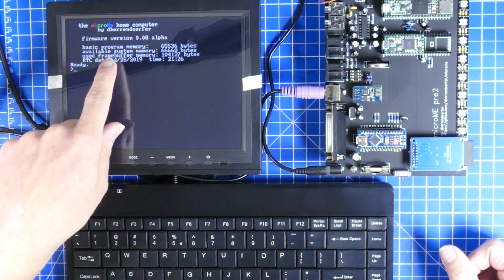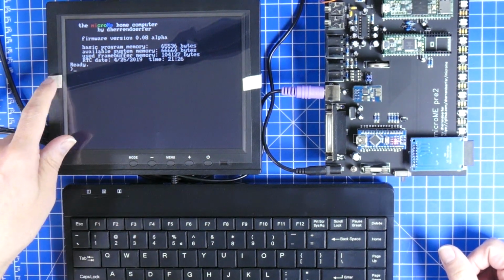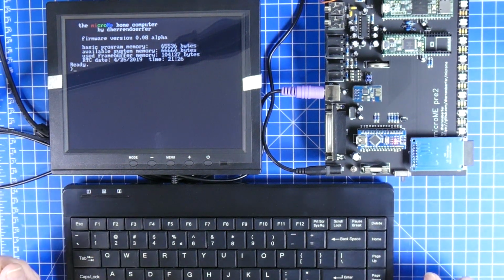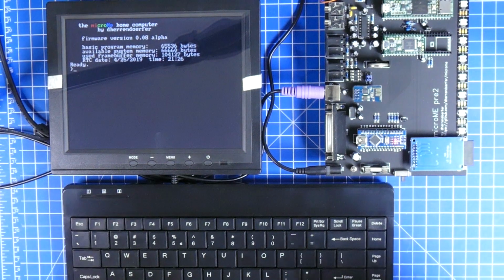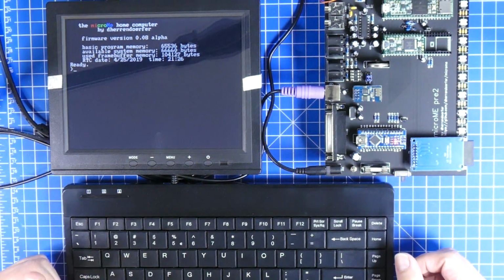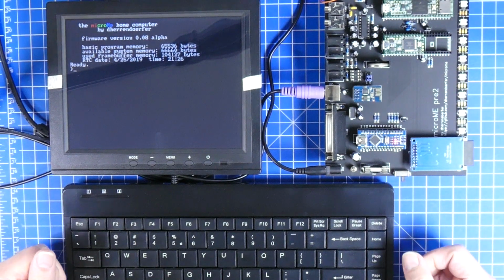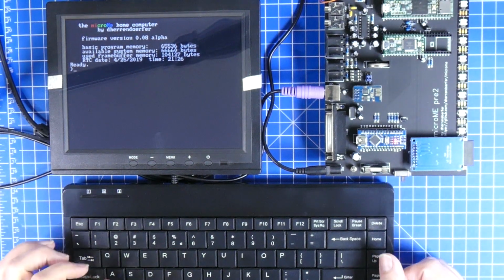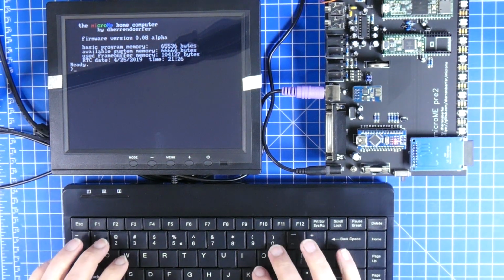So first of all, you'll see that the RTC is working, and it's working pretty good. It's not the best RTC, but well, it's part of the system, so let's just accept it the way it is. Right. Starting out, we do have a working editor, so if I do the standard thing, which is